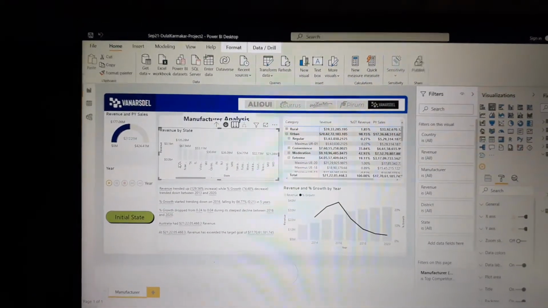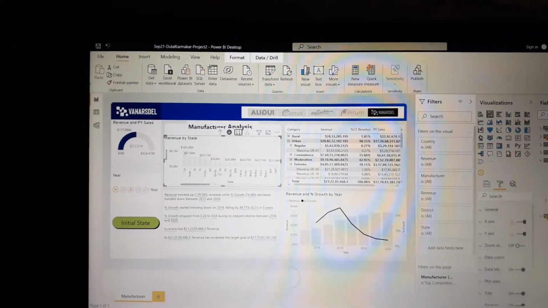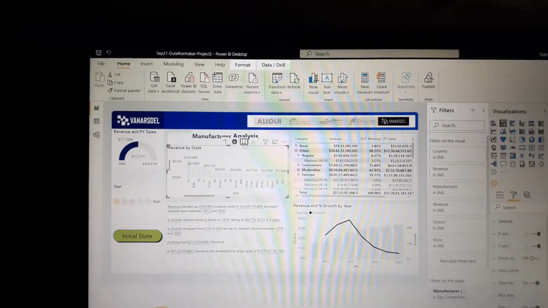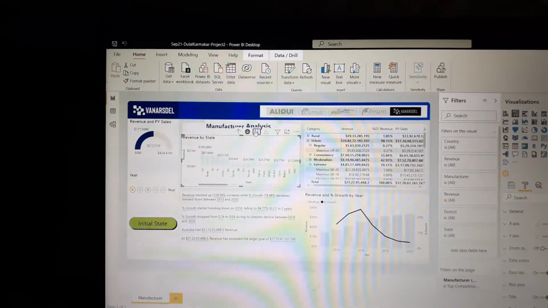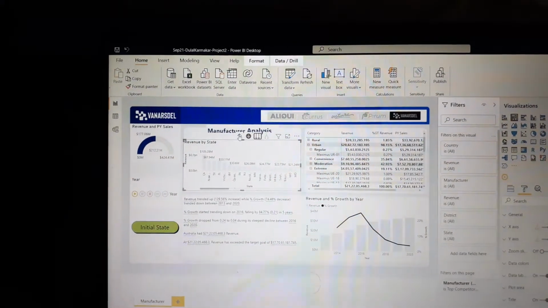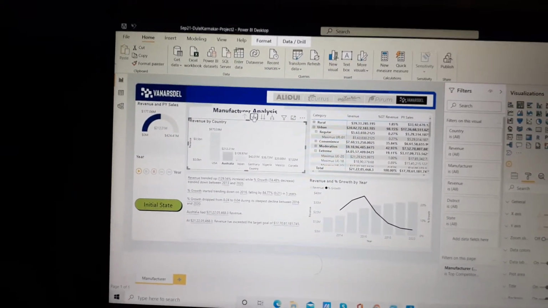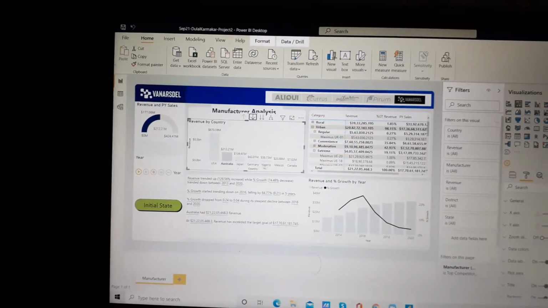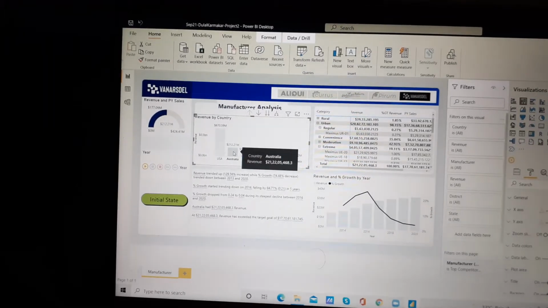As we can see the data and the revenue state wise, right? Now I will go back to the core level. For that I will drill up, then I just turn off the drill down button. So again it came back to the core level. Okay, so these are the things.